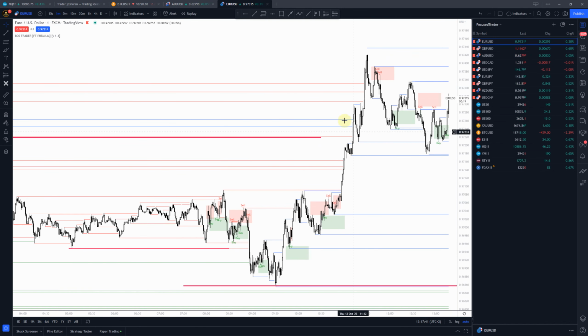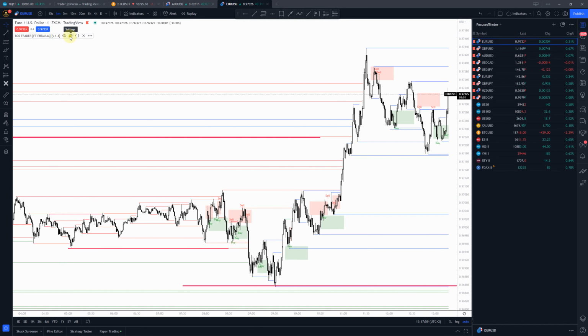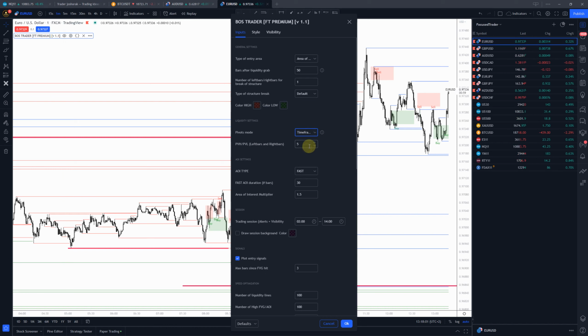So you are currently seeing the fixed mode, the fixed setting of 5. So you are seeing the liquidity areas or liquidity lines for candles that have 5 bars on the left and right. But what if you are on the 1 minute time frame, but still you want to see liquidity from 30 minutes? Then easily you will switch to time frame mode,